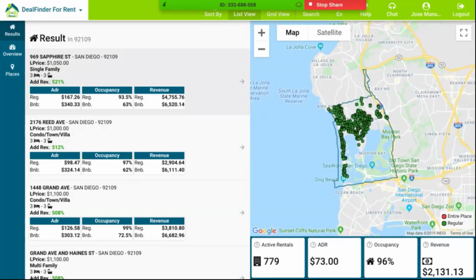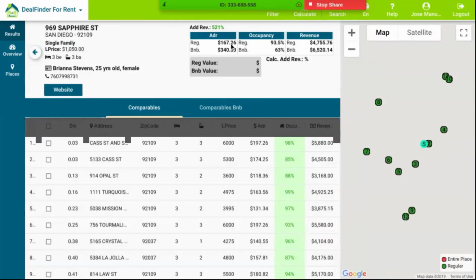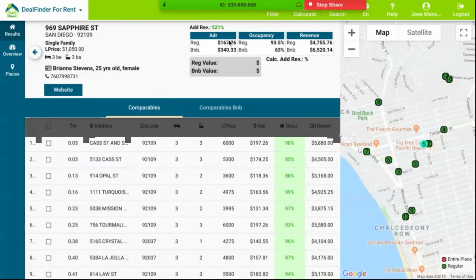The average daily rate for regular rental is going to be exactly that amount divided by 30 days. So the amount of whatever they are asking for on the property divided by 30 days.